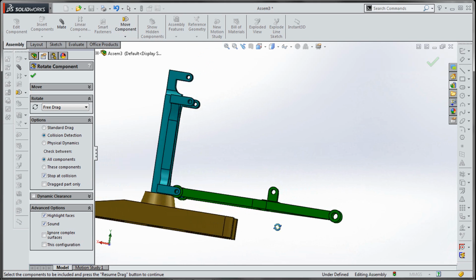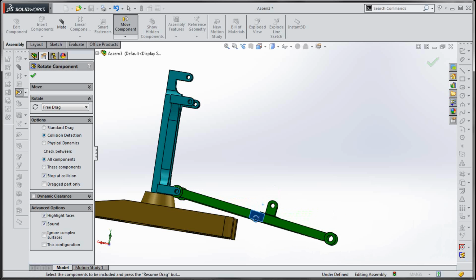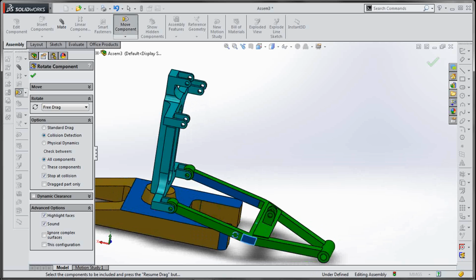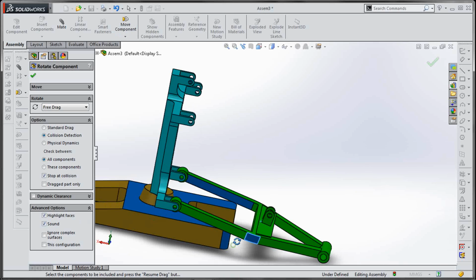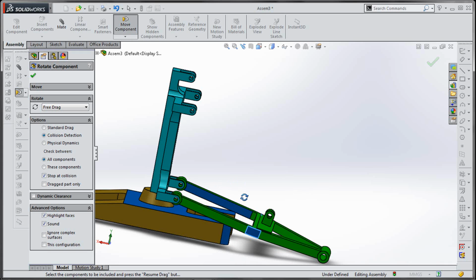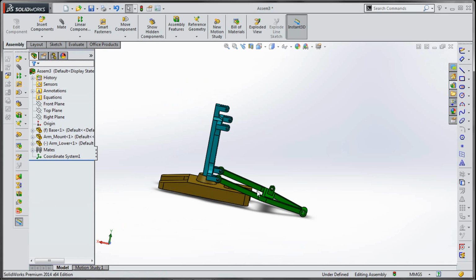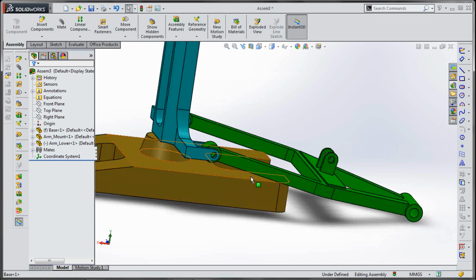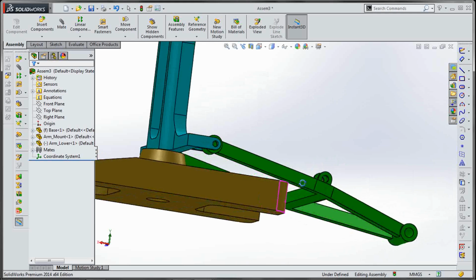So let's see. We rotate this, and you see it stopped here, and it highlighted faces that collide. So now just confirm, and everything has stayed in this position.